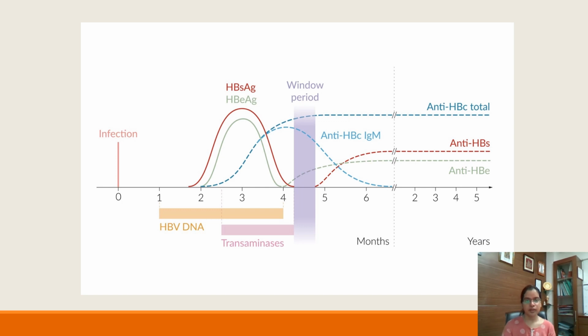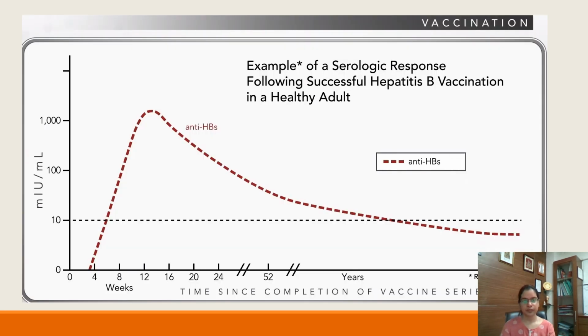So this is a diagram which is showing isolated core positive in window period. That means when HBsAg levels go down and anti-HBs has not appeared till now, levels are undetectable, so we will have isolated core antibody positive. That means the person is in window period. This is a diagram showing in this person only anti-HBs is detected. That means this is an example of hepatitis B vaccination. The core will be negative in this person, as it is due